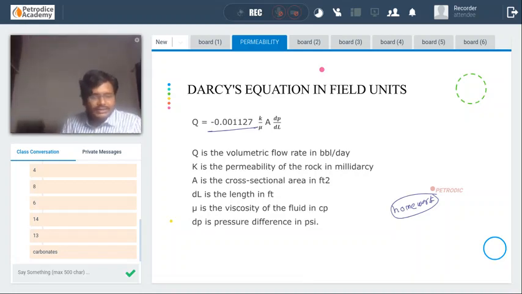So do write it carefully, guys, and derive it. If you are not getting the answer, you can contact me via phone call also. Send me the photo of your solution and I will check it if you want. But do try it yourself. You need to do the unit conversion yourself.